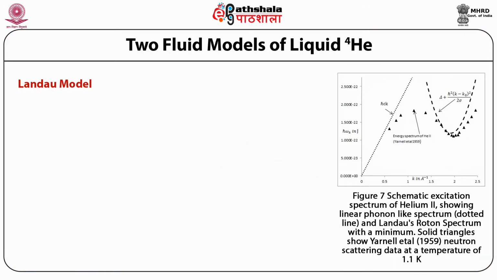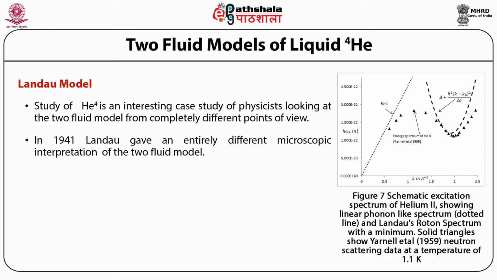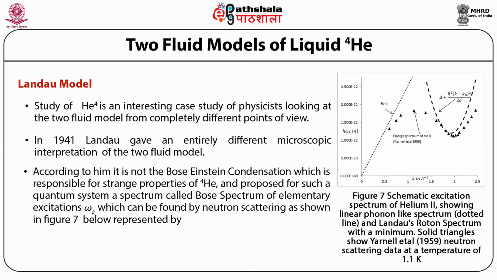Now let us look at the Landau model. Study of helium-4 is an interesting case study of physics, looking at the two-fluid model from completely different points of view. In 1941, Landau gave an entirely different microscopic interpretation of the two-fluid model. According to him, it is not the Bose-Einstein condensation which is responsible for the strange properties of helium-4, and he proposed for such a quantum system a spectrum called the Bose spectrum of elementary excitations omega k, which can be found by neutron